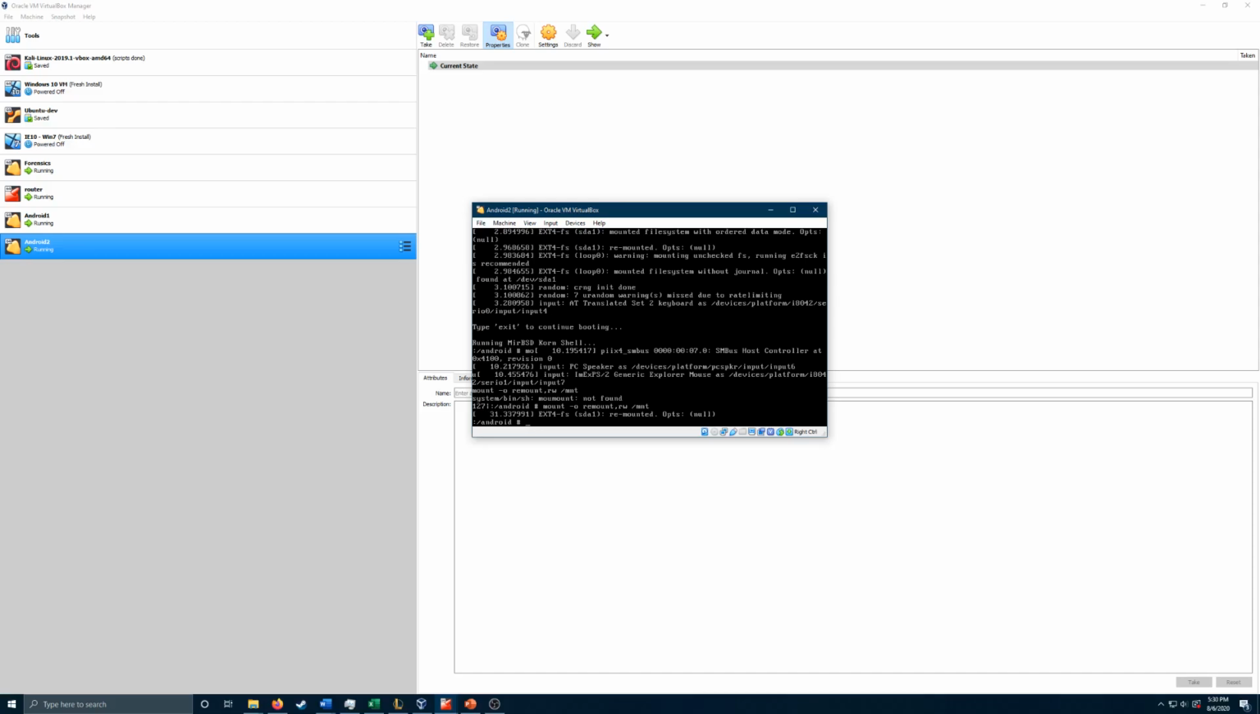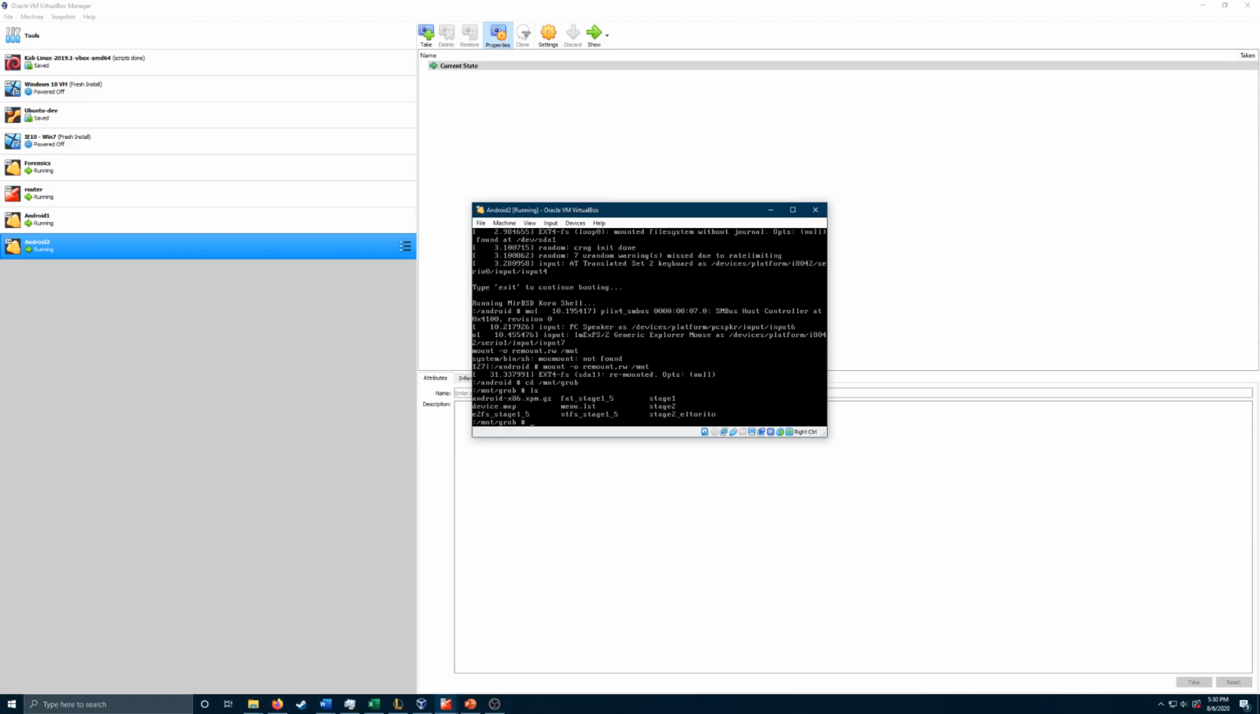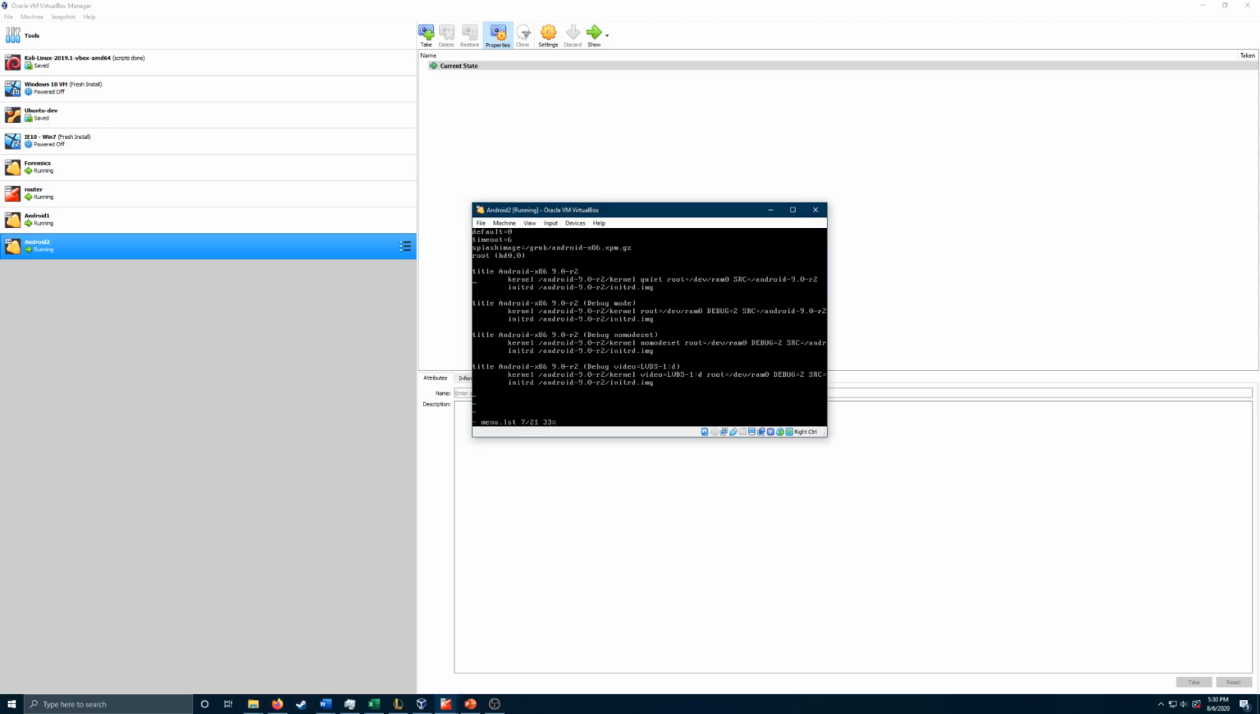There we go. I'm going to go to the mount directory, the grub, to edit the grub. And there's a menu.lst. Going to edit that with vi. And in this first bootable option, what I'm going to do is at the very end of the first line,